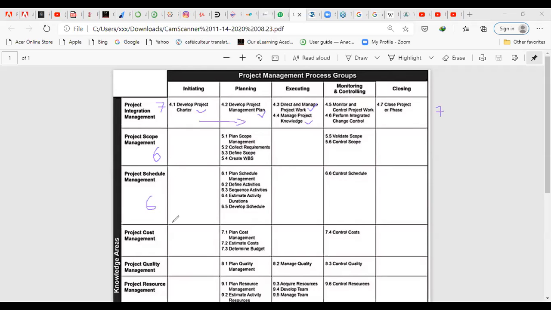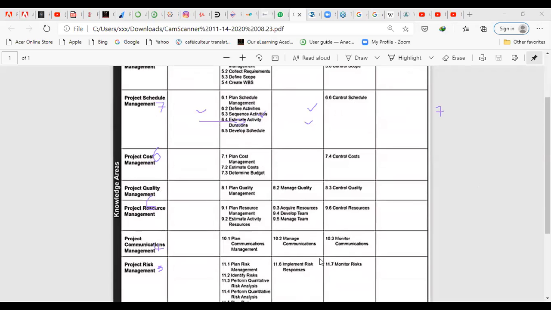Then we come down to cost management. Cost management has 4 processes. Quality management has only 3 processes: plan quality management, manage quality, and then quality control. Then we come down to